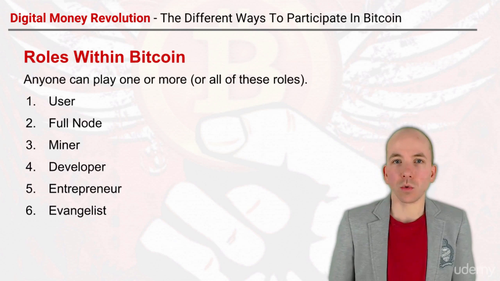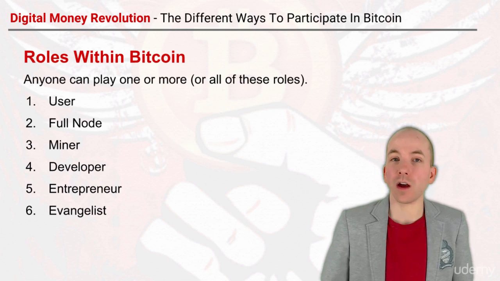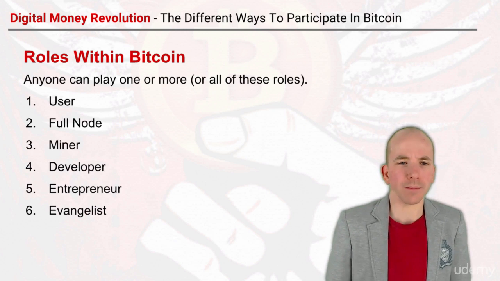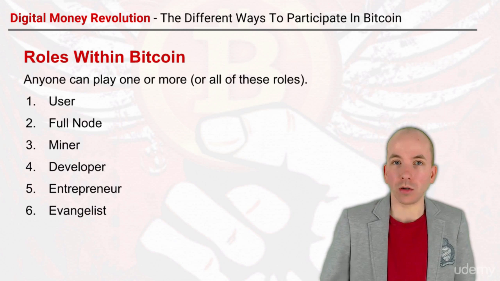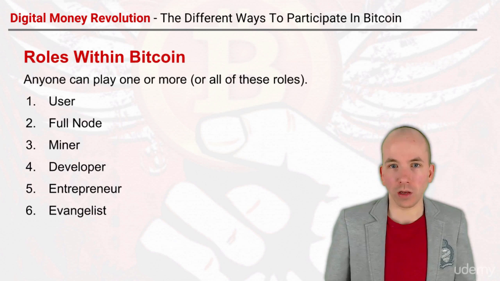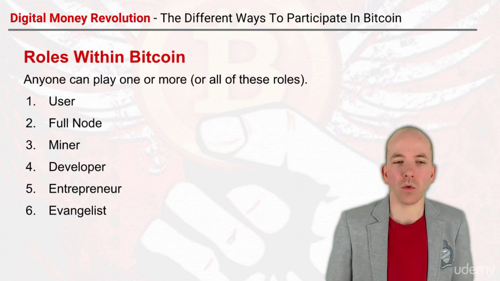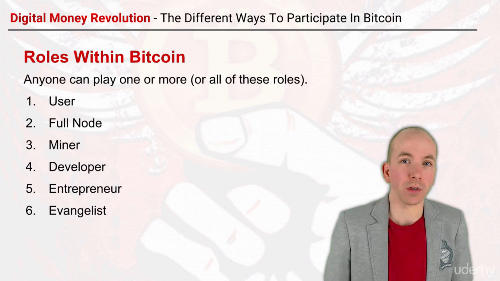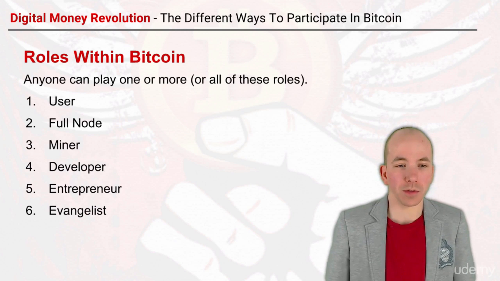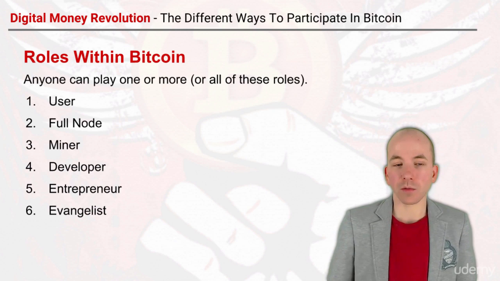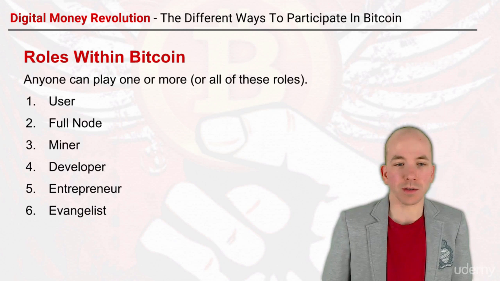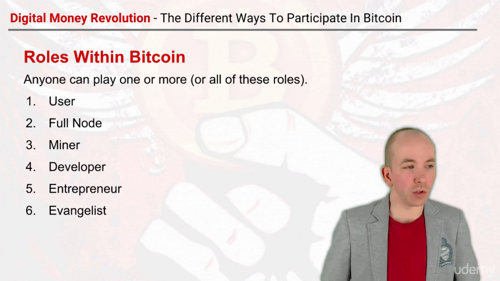So a Bitcoin miner is the one that verifies the transactions and verifies the blocks, and we'll get to that. A Bitcoin developer is just that, someone who's a programmer who can develop the Bitcoin software or some sort of add-on for Bitcoin, like a service or a bit of software like Bitcoin Armory, for example, that's made by the Bitcoin developers. Entrepreneur, start a Bitcoin business, right? You don't have to be a developer to start a Bitcoin business. And then evangelist, someone who just loves the idea of Bitcoin for whatever reason.